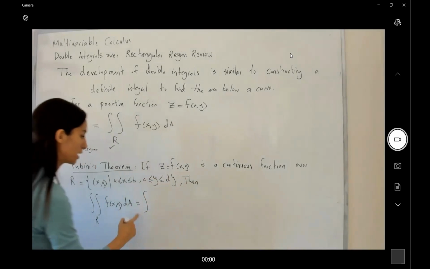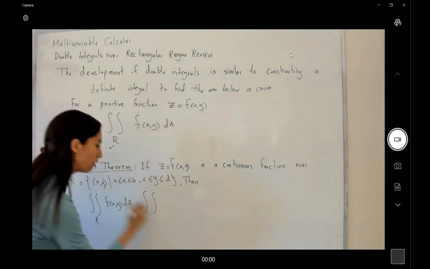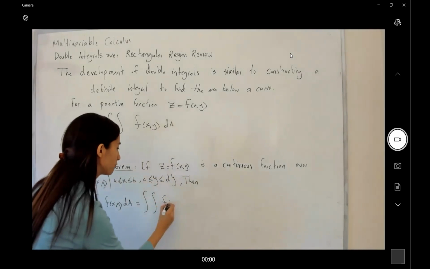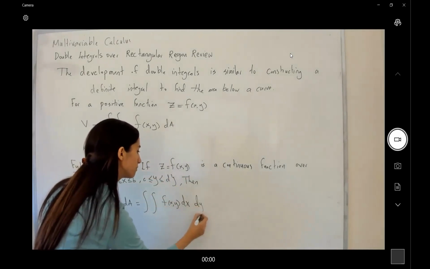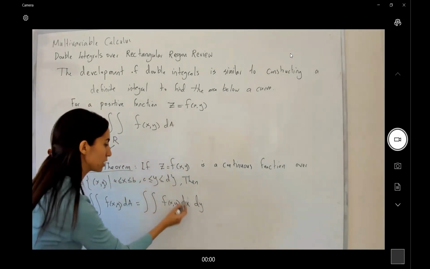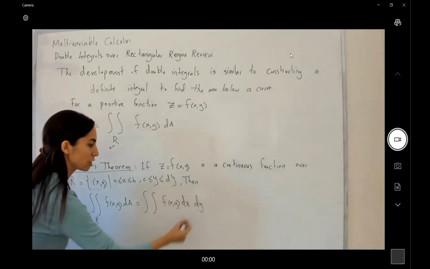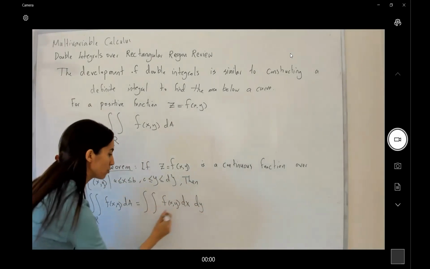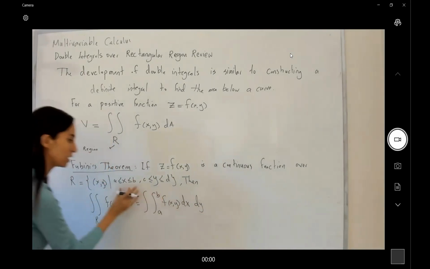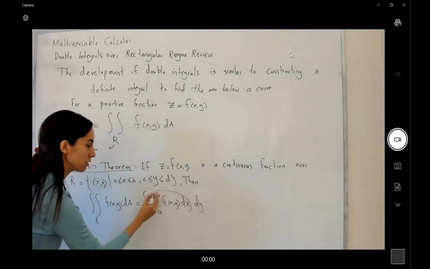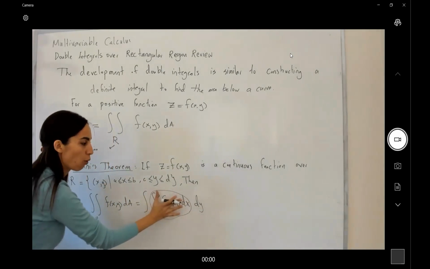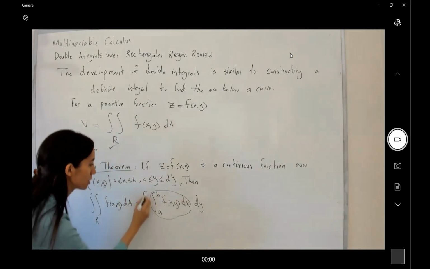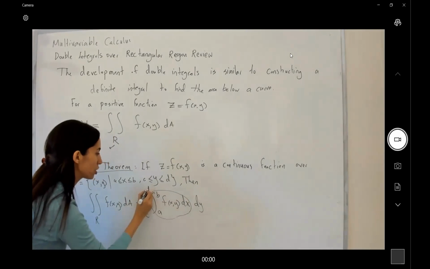You can take the integral of a function f with respect to x, with respect to y. It means that we take the integral of the function. The inner integral is with respect to variable x. X ranges between a to b. So this is your inner integral. Then you take the integral of the quantity that you have with respect to y, and y ranges between c